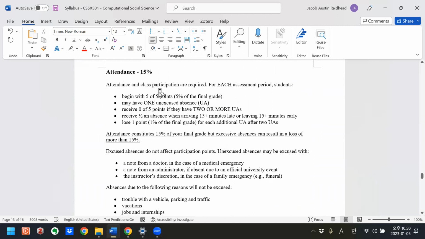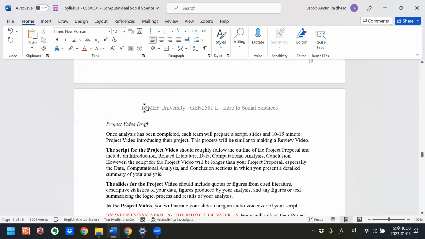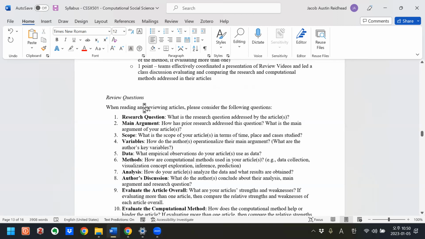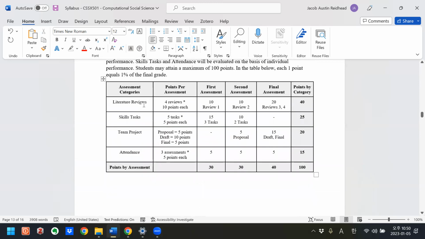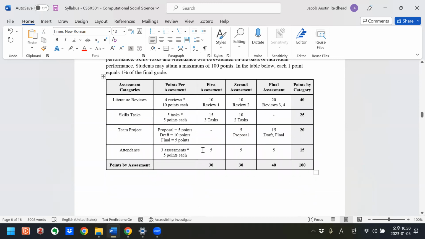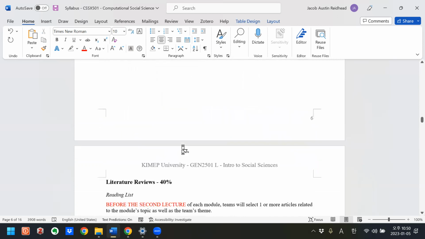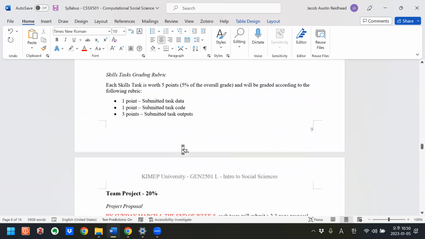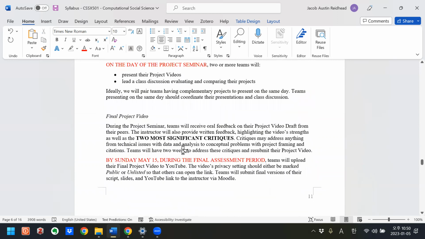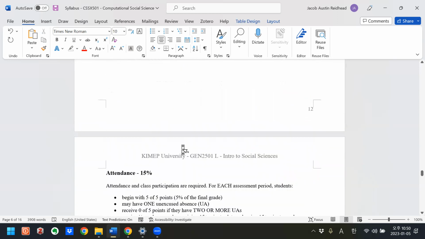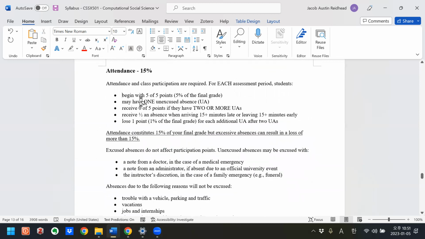Attendance, you receive 5 points for each assessment period. So 15% of the class is attendance. Attendance is very important in this class. So for each assessment period, first, second, and final assessment period, you begin with 5 points. 5% of the final grade. You can have 1 unexcused absence,